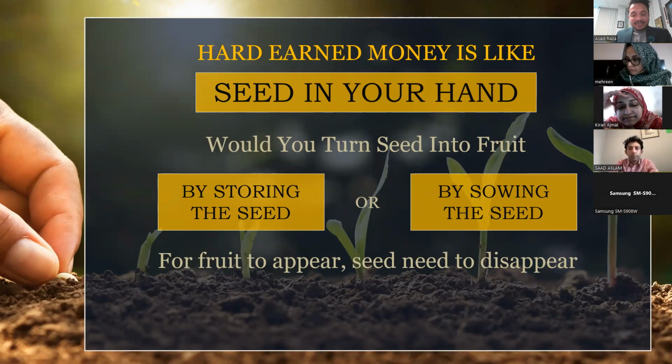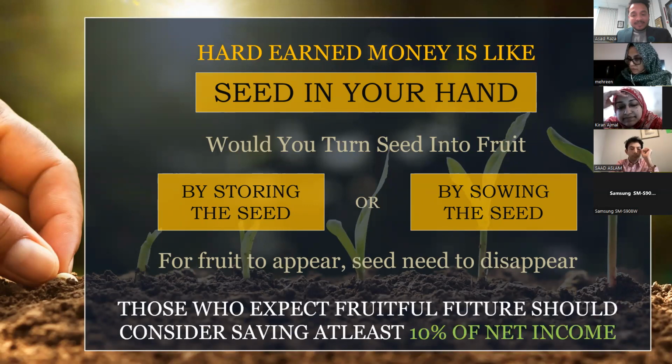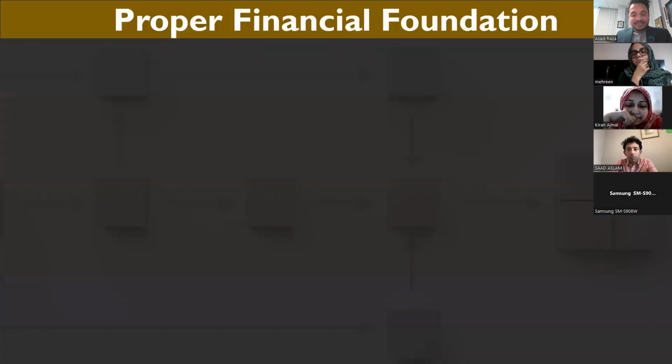And I recommend every family, Kiran, if your family is not saving 10%, I would say at least start saving 10% of your net income in the beginning towards your family's goal and future. Sounds good? And I will show you the solution at the end of our session as well. Any question, Kiran, if you have any so far, ask me. No, no, absolutely clear, all good. All right. So now I'm going to show you a little bit how you can plan this 10% net income. Look, a proper financial foundation is the backbone of every family. If you don't build the foundation of your house properly, the house can always have problems from some earthquake. So similarly, a proper financial foundation is very, very important. Are you guys with me?